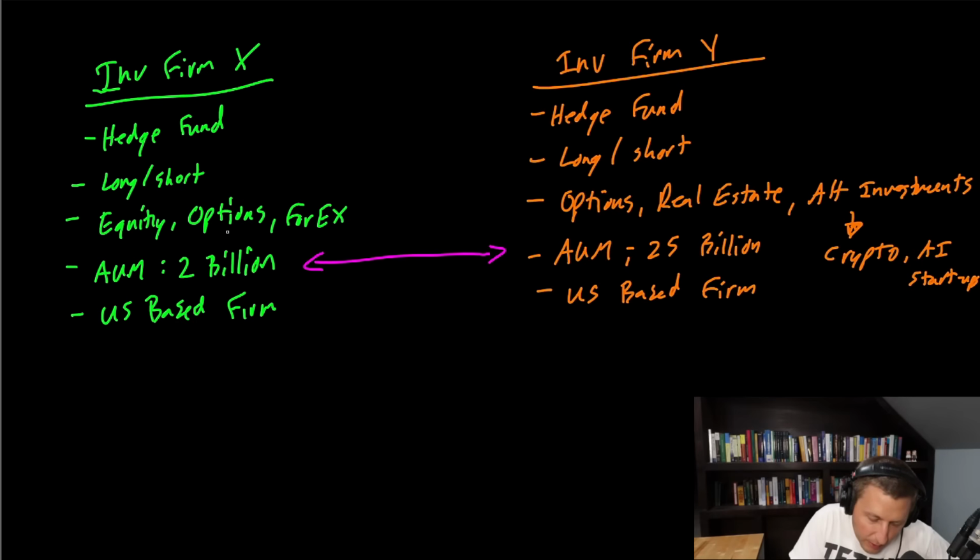And also, these are going to be very different, because the firm on the right seems to be a little bit more adventurous, exciting, but there's a lot more risk here. This is going to be a much higher risk firm, especially when we're starting to look at crypto, AI startups. I have no idea what they're doing in this space. This could be very high risk.